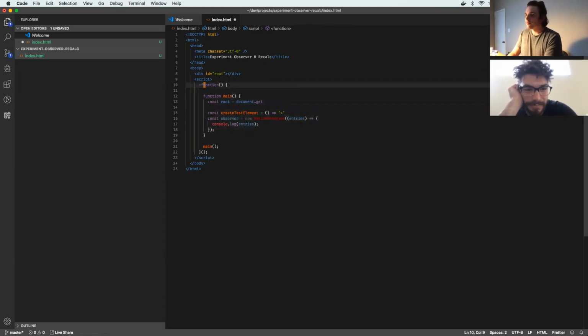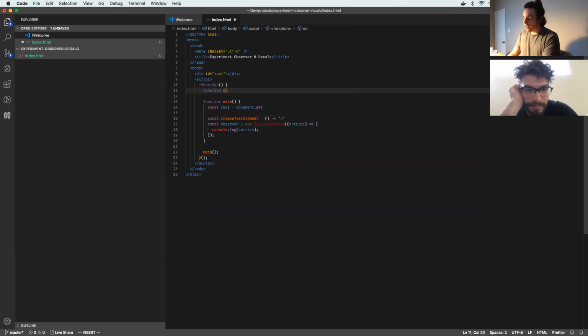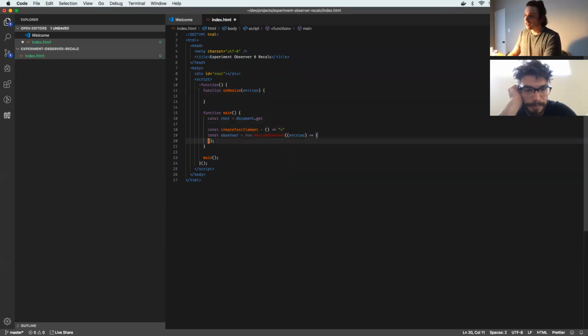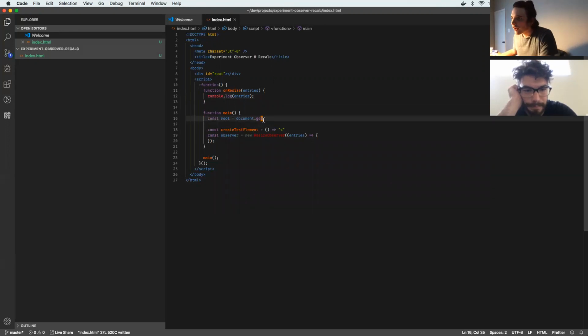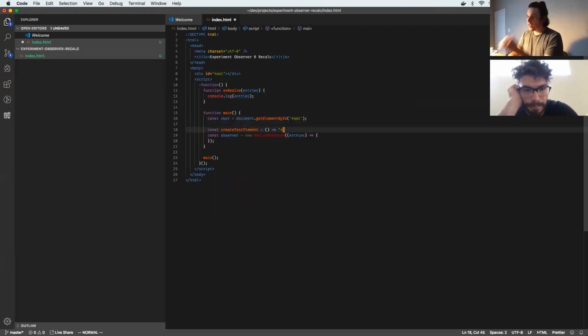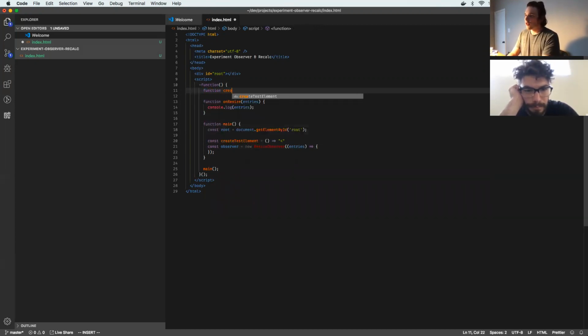All right. Function on resize, and we'll take in entries. Sweet. All right. Get element by ID. Root is a thing. All right. We're going to create our test element, which is,